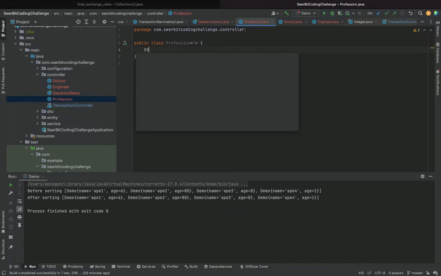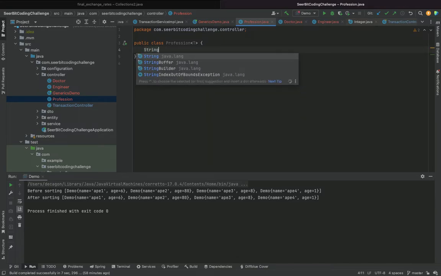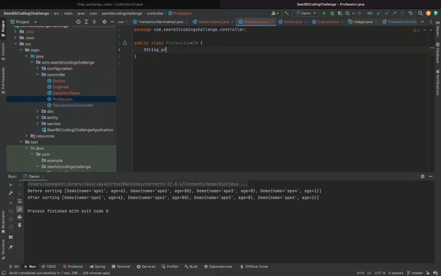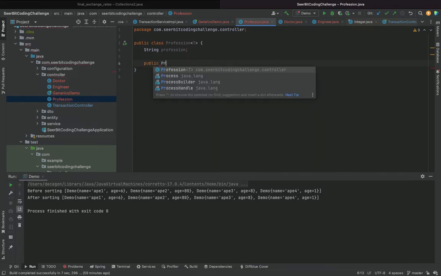So what you could do is have string profession, and of course we have a constructor.